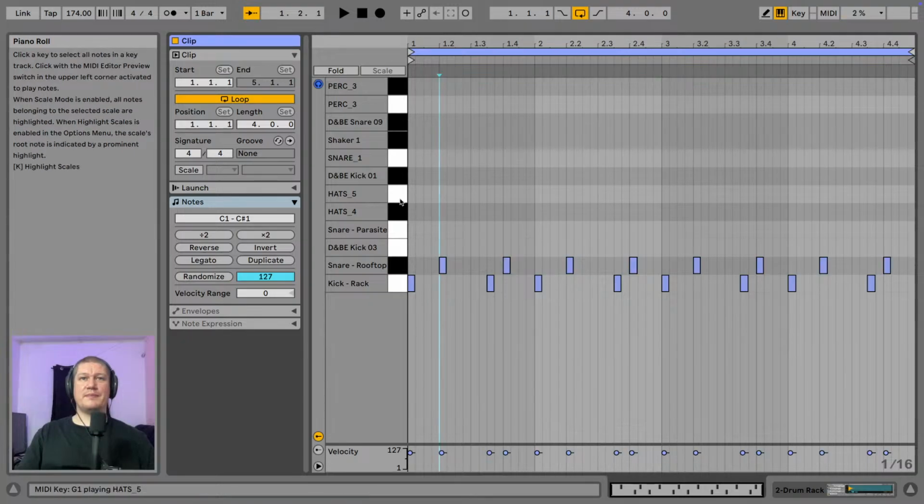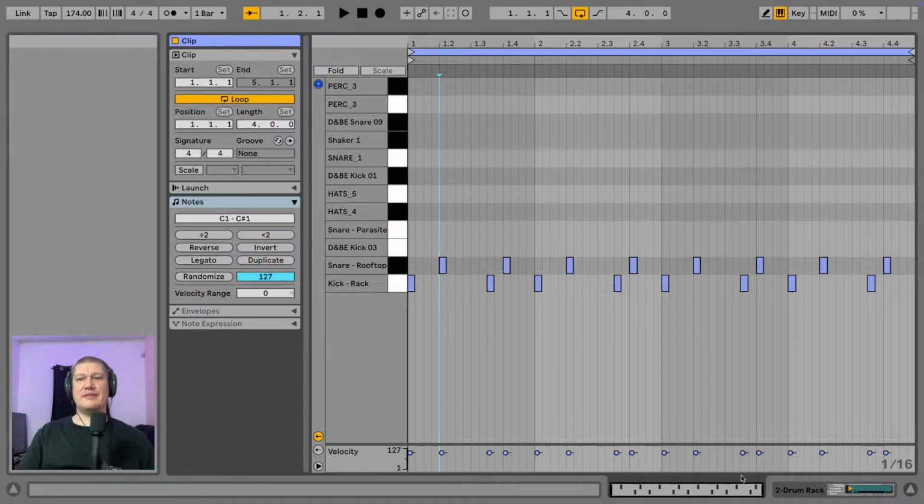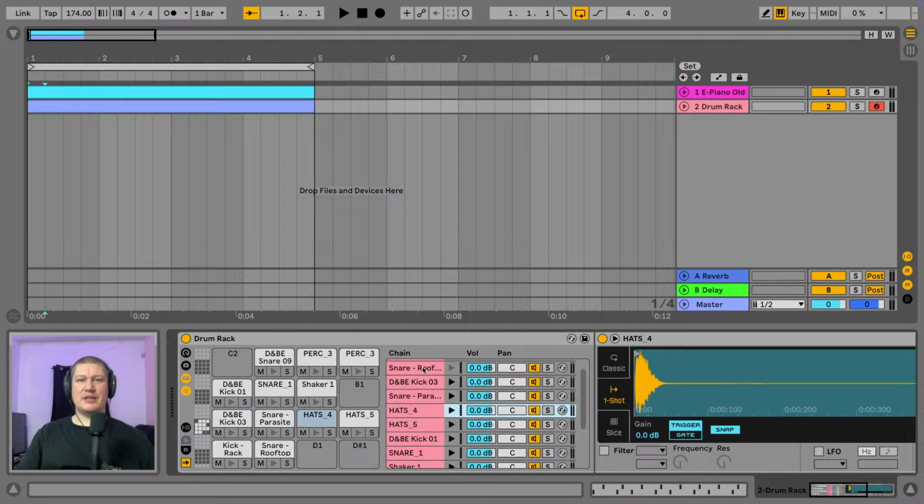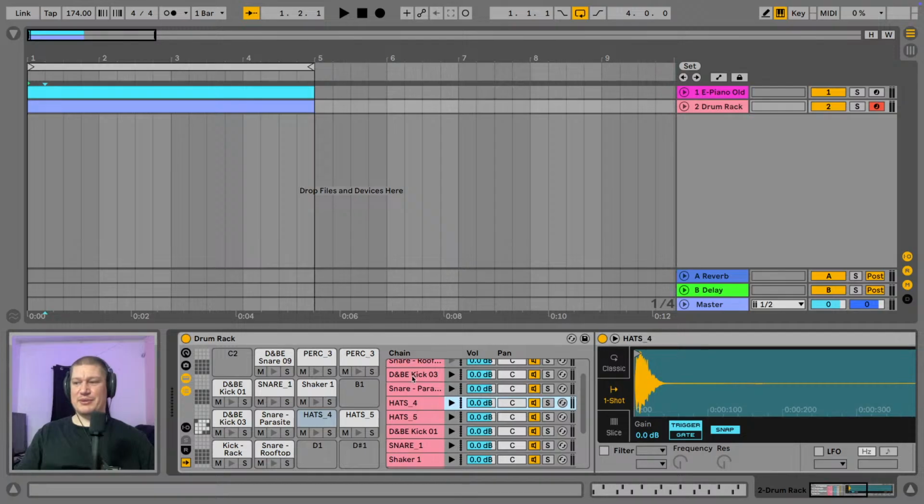Anyway, now straight away I can hear that hats 4 and 5 are sounding too loud, so what we can do is, before even programming them in, we can turn them down, and there's a couple of ways of doing that. Way number 1. Here over on the side of the drum rack, there's a little button with some lines in it, and it's very tiny, but if you click that, it opens up this special mixer. And as you can see, it's got all of those samples down,